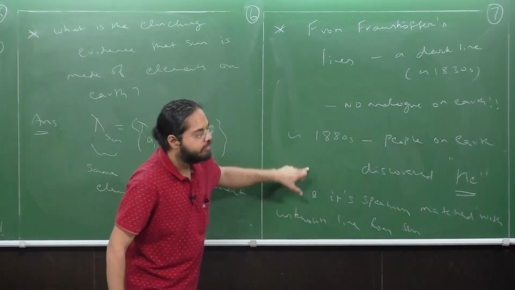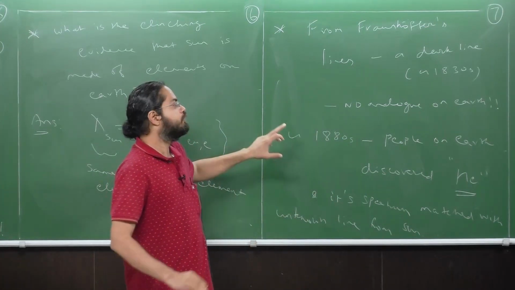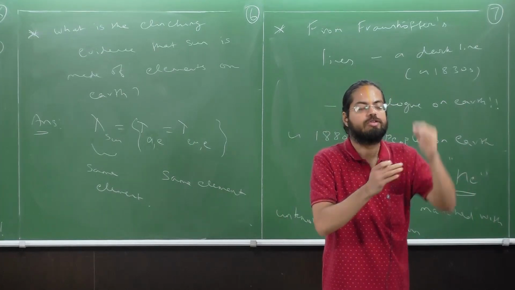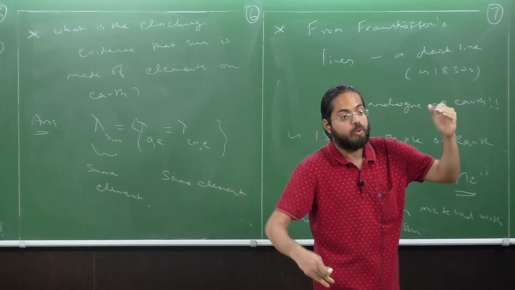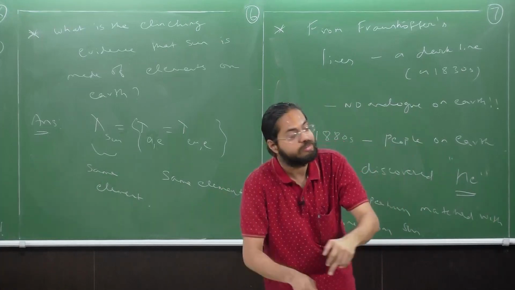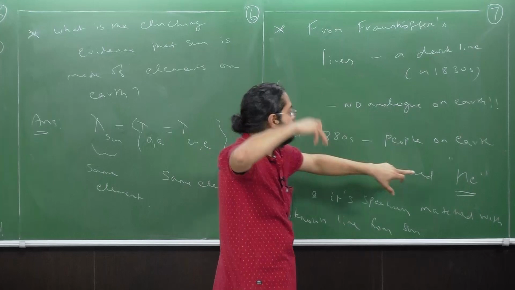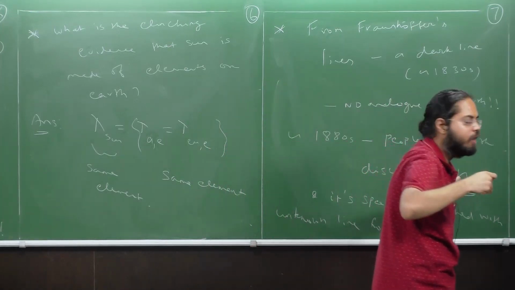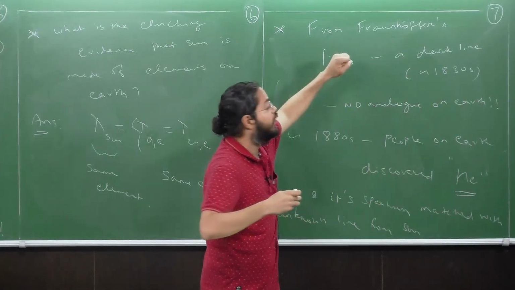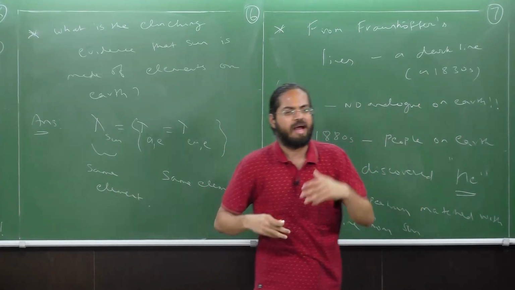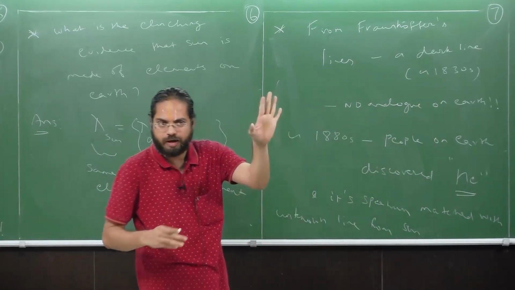And so what does this information tell you? Well, it is not just that you understand what is present on the sun based on what is on Earth. You also get to know about what is on Earth by discovering what is present in the sun. This element, helium, was actually first discovered in the sun. And that's in fact why it is called helium. Helios, in Greek, has some reference to the sun. I don't know exactly, but yeah.